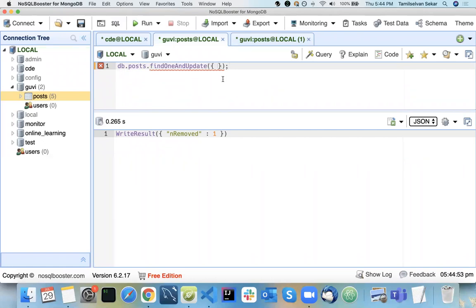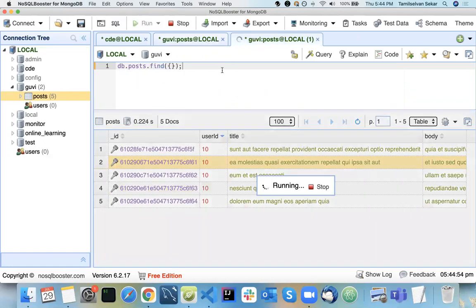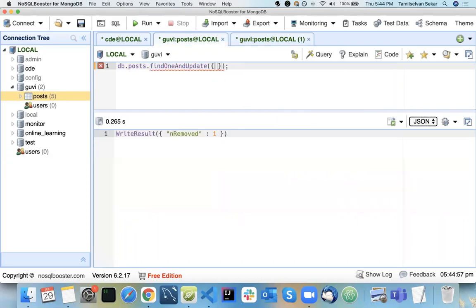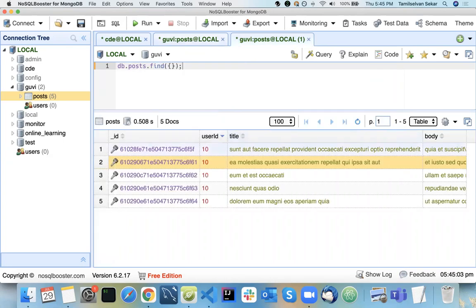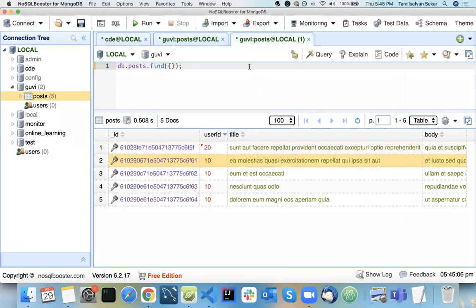Suppose here user ID equal to 10. I'll mention a condition, user ID equal to 10, and I'll update this alone to 20 for now.